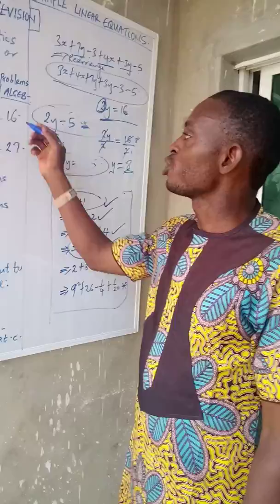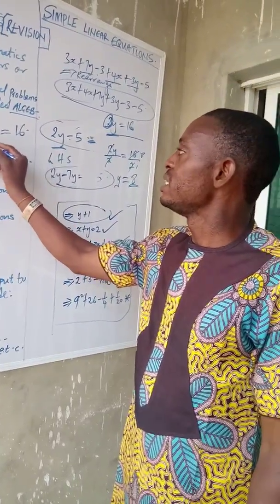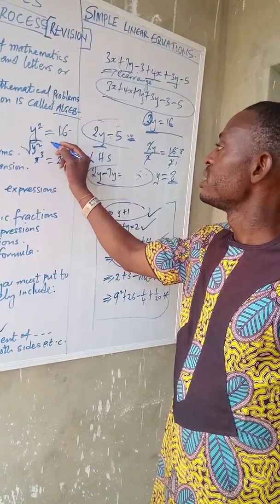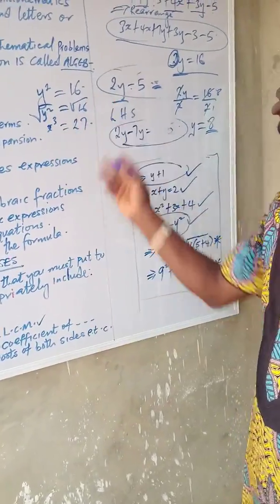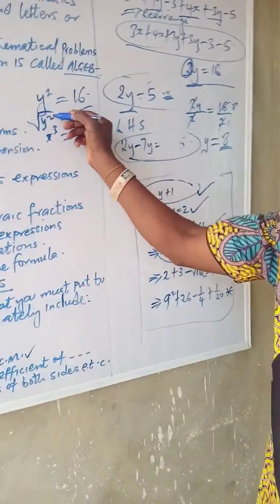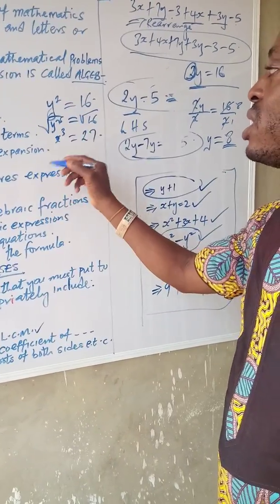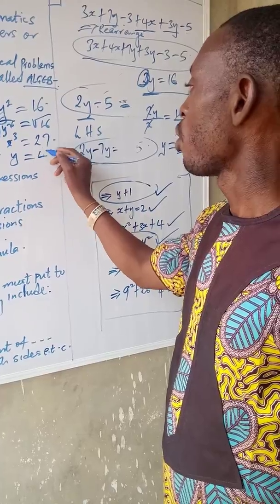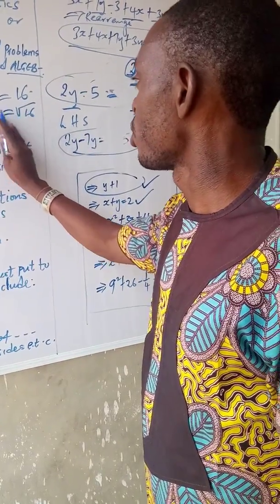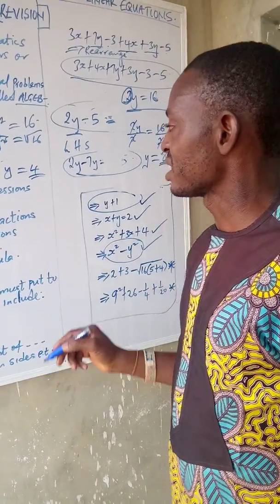If you say take the square root of both sides, what you are doing mathematically is: the square root of y squared is equal to the square root of 16. You have taken the square root of both sides. Now, what would this square root do to this? It will remove the roof. And then you have your y remaining there, being equal to 4, because the square root of 16 is 4. Now you have arrived at an answer.